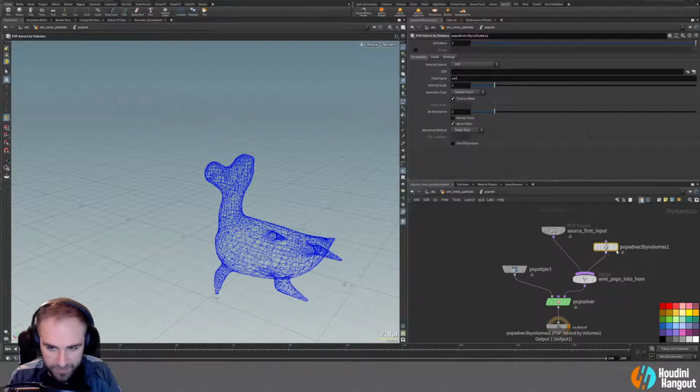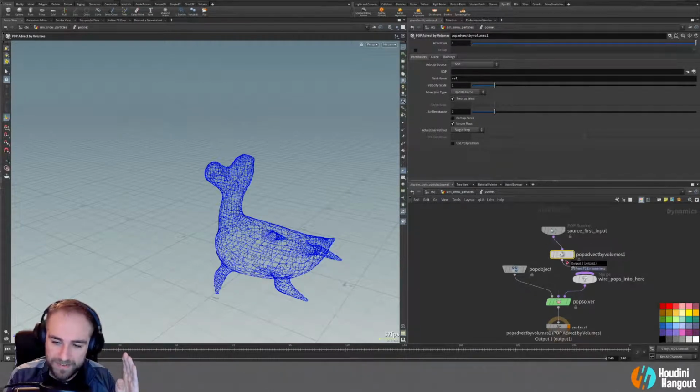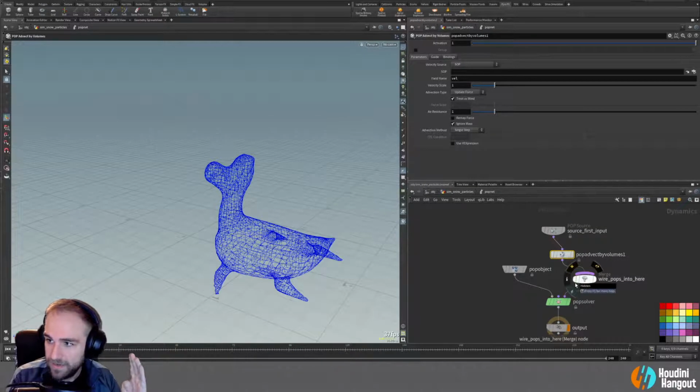So now kind of the trick here is that, as far as I understand, if you put this in line like this, it'll take all of the particles that are sourced in here and calculate them through all the time. Now you can